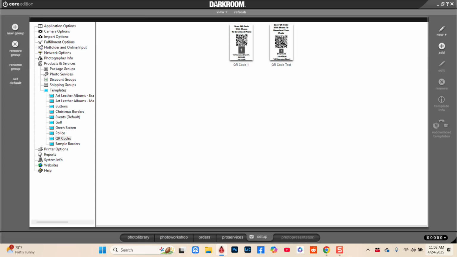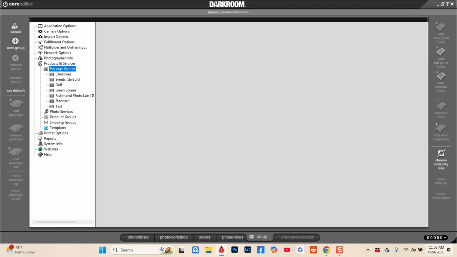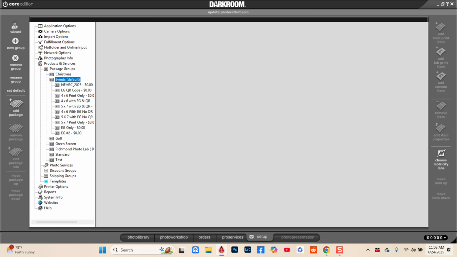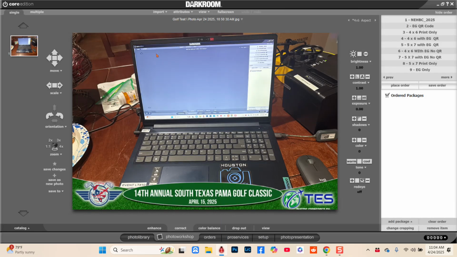Now I'm going to back up and go into package groups, and we'll go into this event one that I've already noticed. It says default, so that means that you have to set that over here, hit set default for whatever type of package you're printing. If you got different ones, these are my event packages. So when I go back to Photo Workshop, you'll notice those packages are over here. So I'm going to go back into setup,